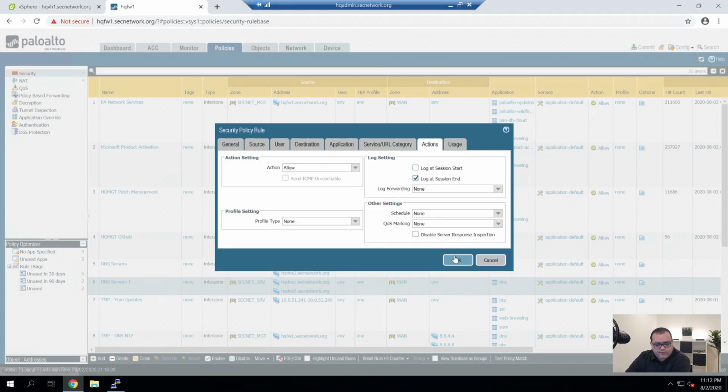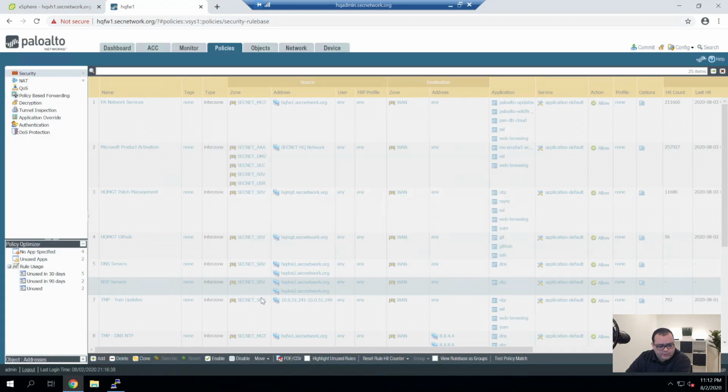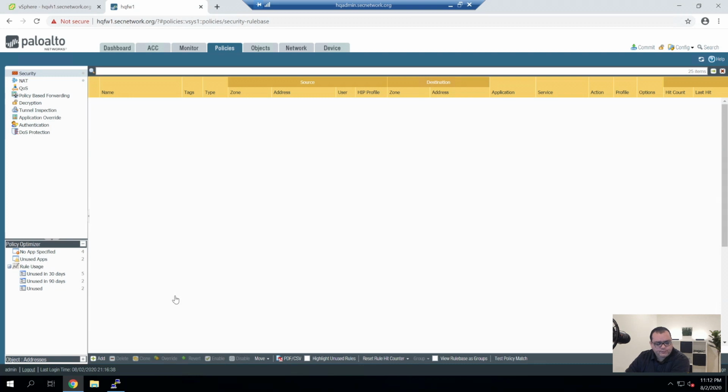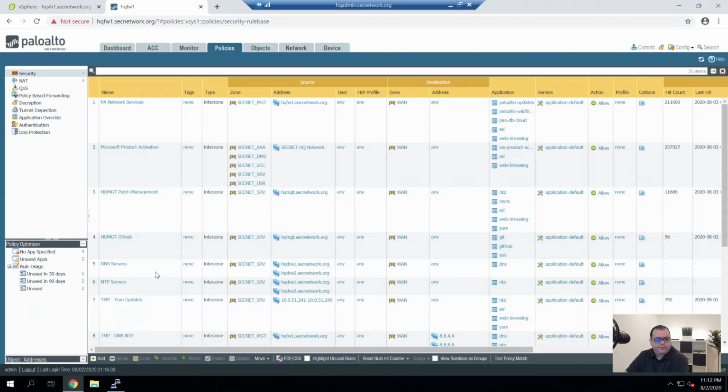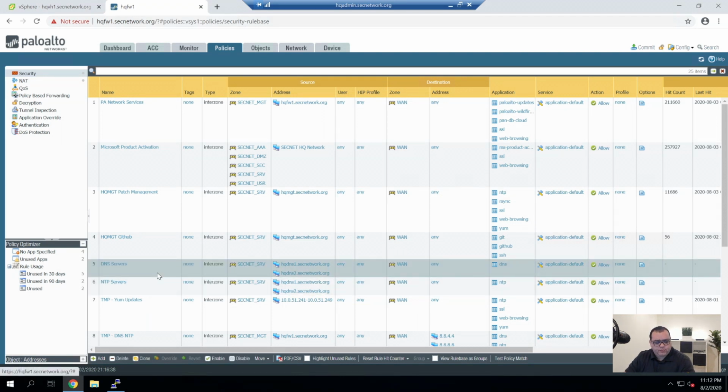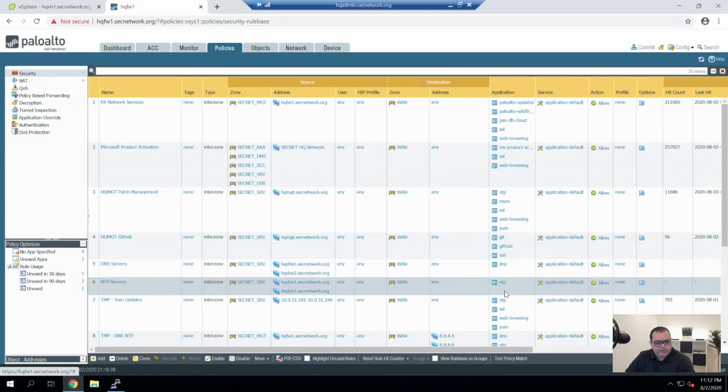Application defaults, and that is that. Alright, so what this does is this allows the DNS server to go out and look up DNS and NTP for time.